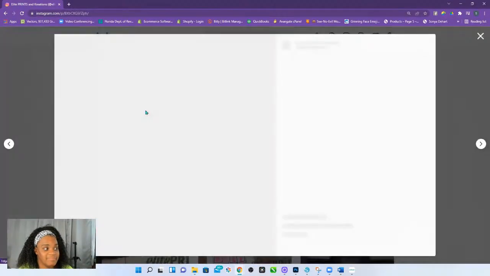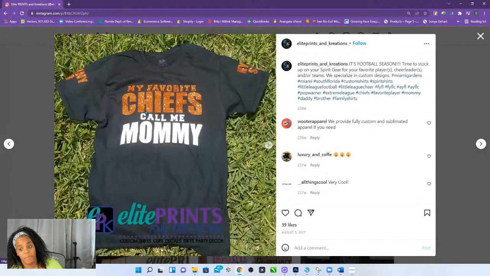And then this one, I made it for track. They said, "Oh, I like your shirt because I wore it during track. I want one like that, but for football." Did I try and change it? No. Instead of my favorite runner, my favorite Chiefs. And on one of them, I think it said Chief, and then Chiefs.